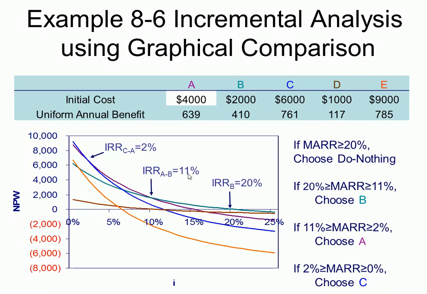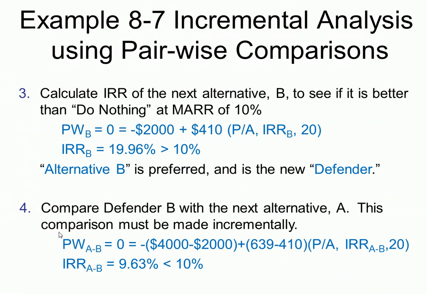Let me double check the values. So in fact, we do see that when we look at the internal rate of return between A and B, it was below 10%. So when computing it more precisely, we got 9.63%,